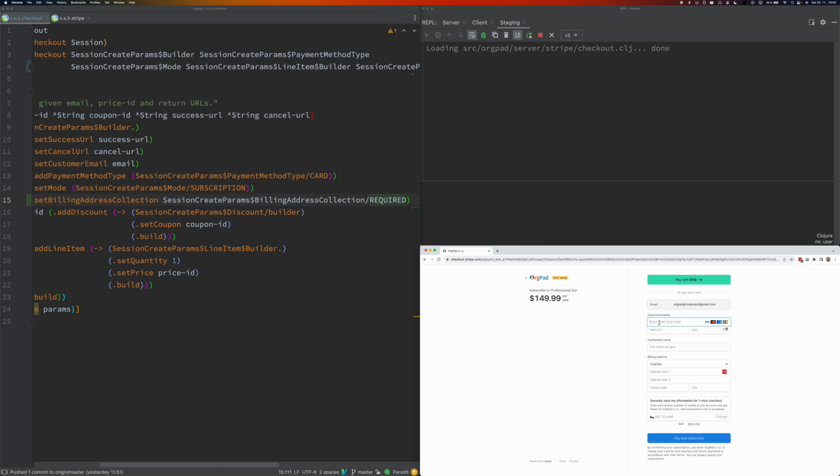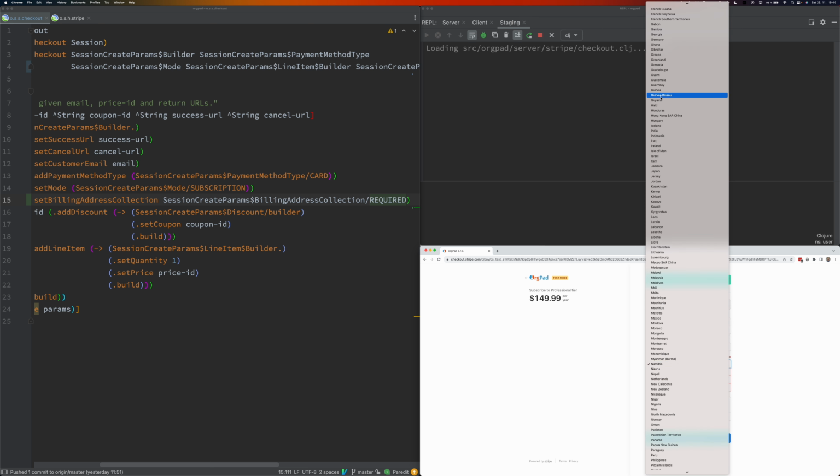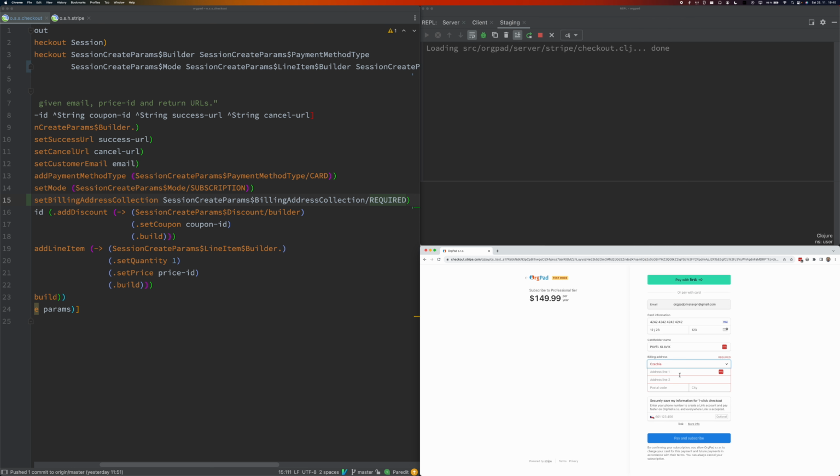I will use my personal credit card information, so don't look. Let's do Czech Republic and a non-existent street in Prague.